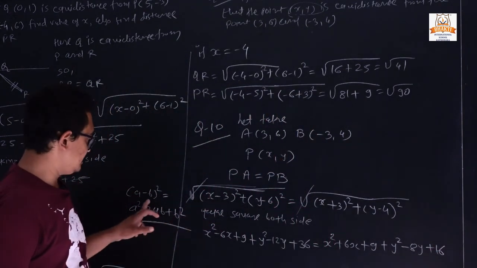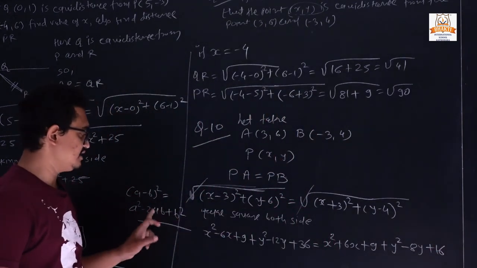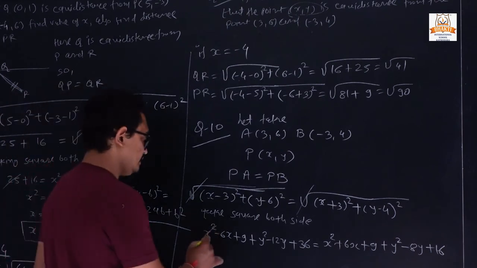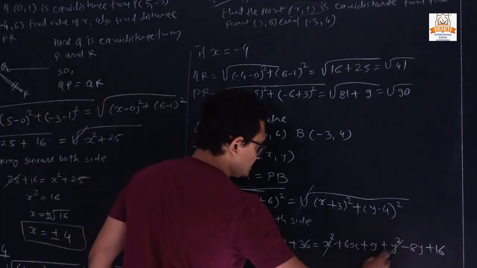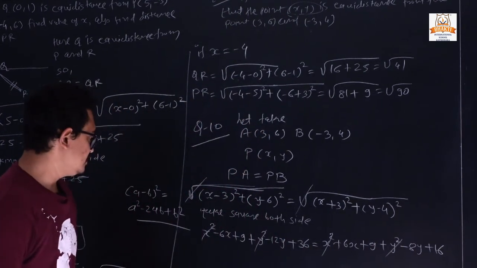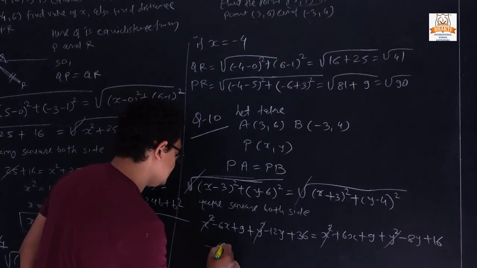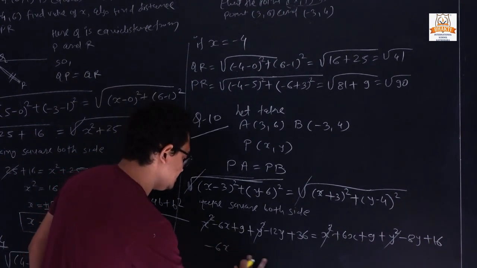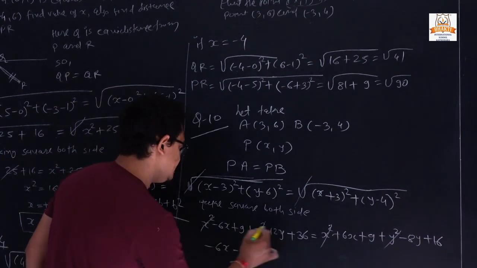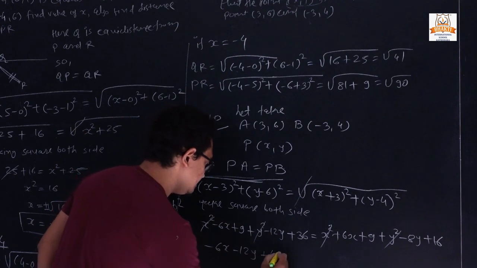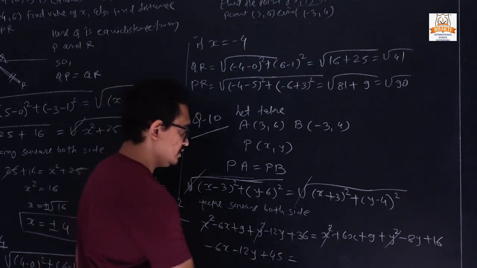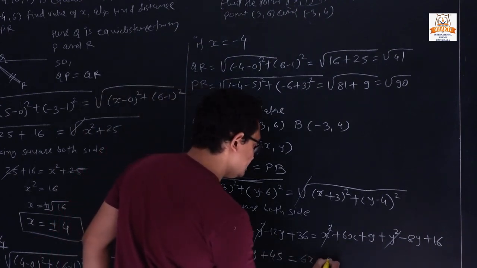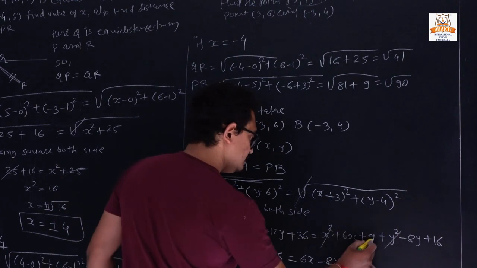Here we are applying the same formula. Now x square is cut from both sides, and y square is also cut. So here minus 6x, minus 12y, 36 plus 9, so 45 is equal to 6x minus 8y and 16